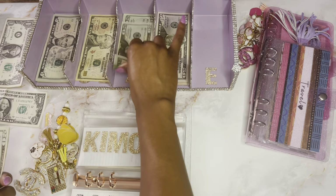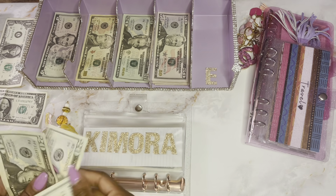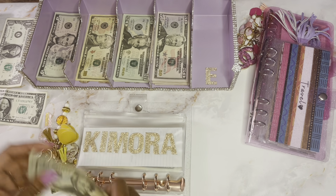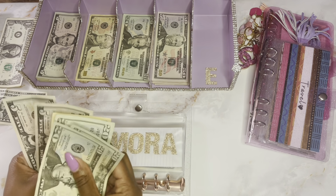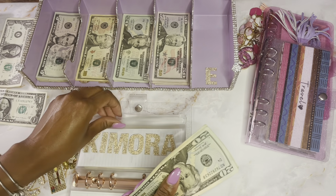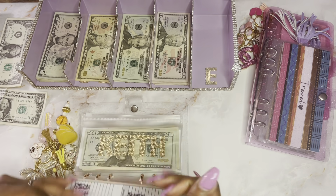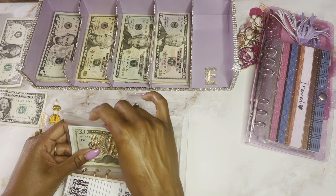So earning my daughter a 20 and a 5. Okay. So now she has 20, 40, 60, 80, 90, 95, 100. All right. I didn't realize that we were about to hit 100 in the kids' envelopes. That is awesome. All right, so you guys know the same thing goes for my son Keith,